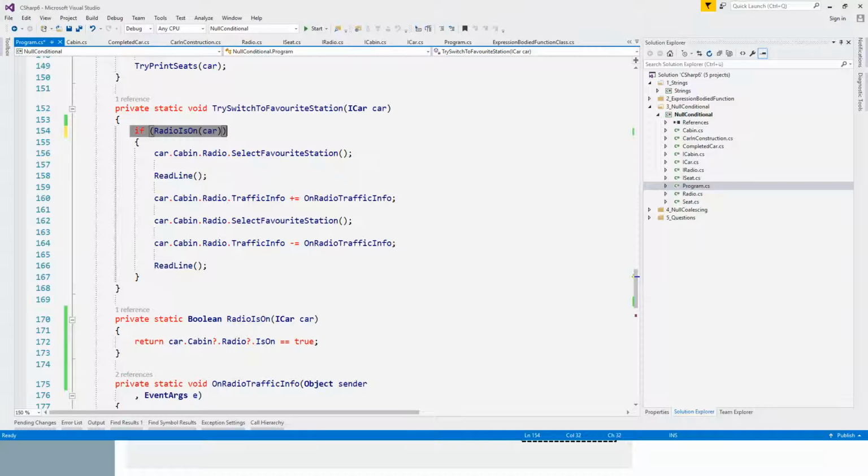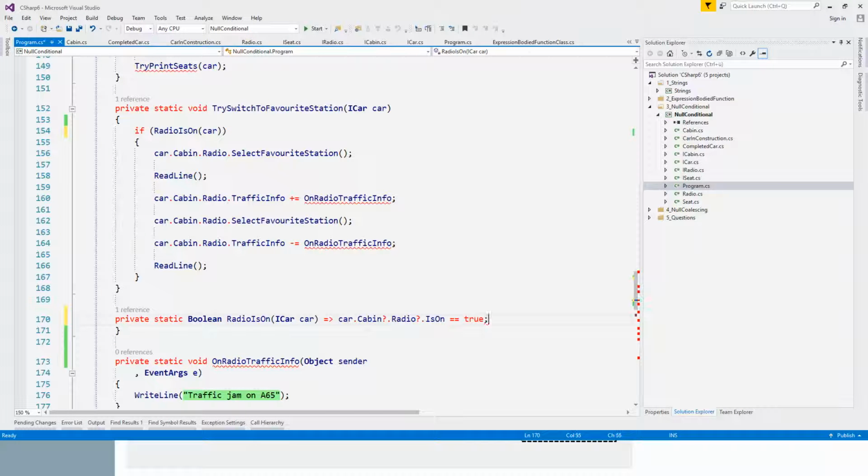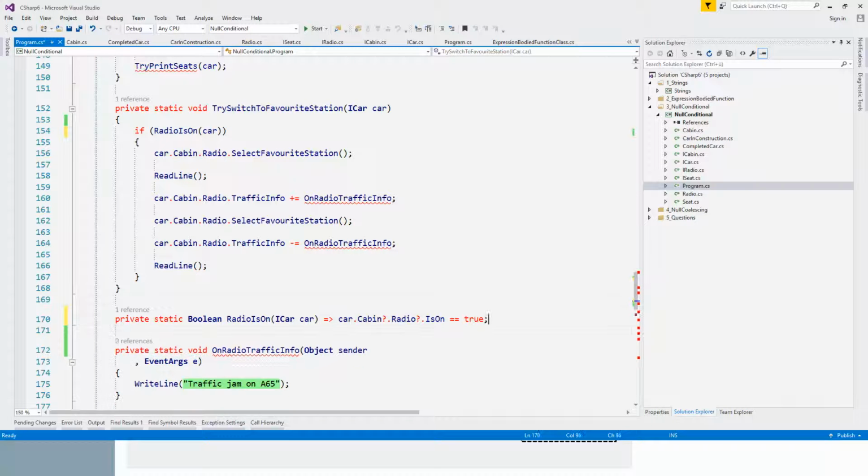And here, this is a prime example for a short expression-body function. I use braces, but you don't need to use braces. This is perfectly legal code, but personally I'm a fan of braces because thanks to the environment, if I use braces, it will tell me exactly where the statement starts and where the statement ends. But now you have a short expression-bodied method that basically is only there to tell you if the radio is on. And now you can use it in other